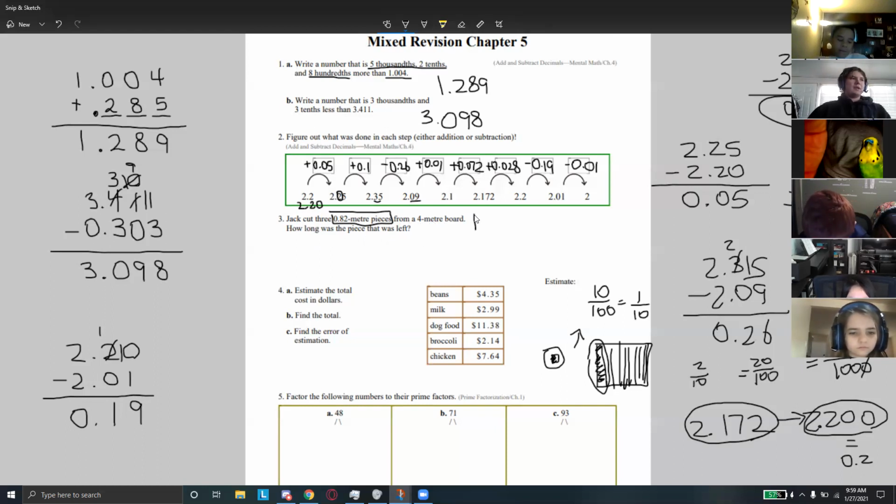Okay, so I could kind of draw this. So I have a board that is 4 meters long. And I'm cutting what from it? I'm cutting 3 82 hundredths meter pieces. So I should write 4 meters because the whole board is 4 meters. And so I'm going to cut off 1